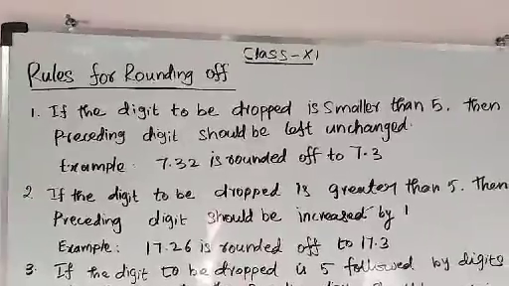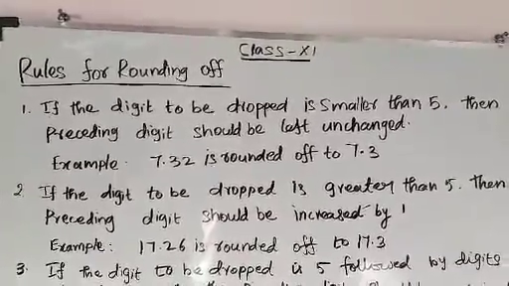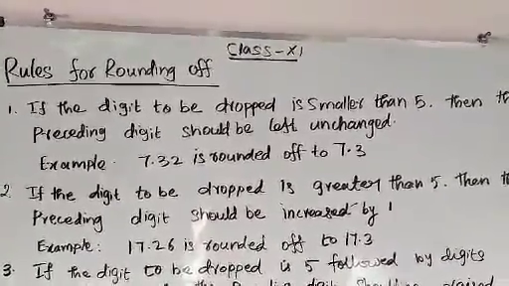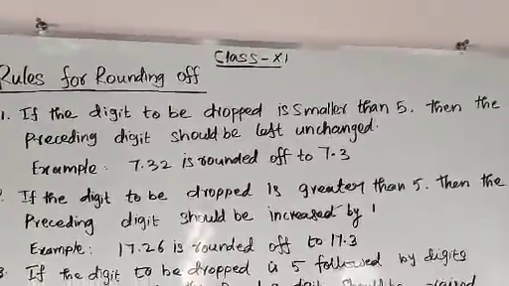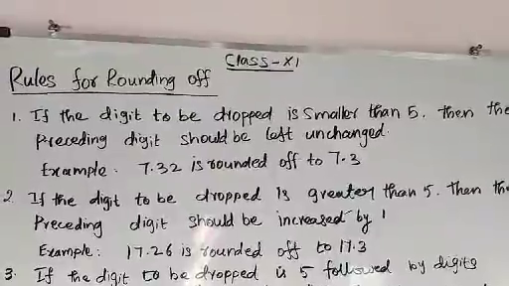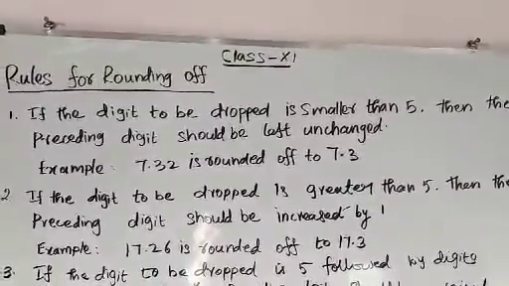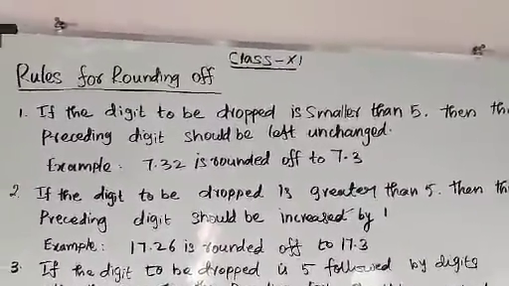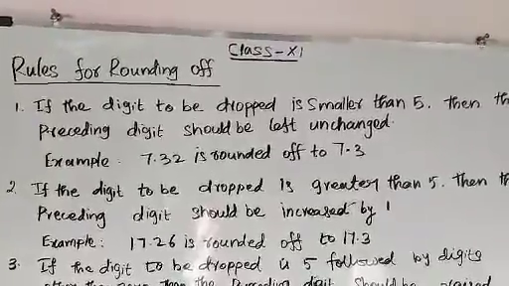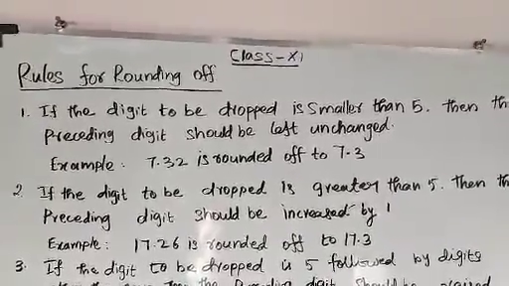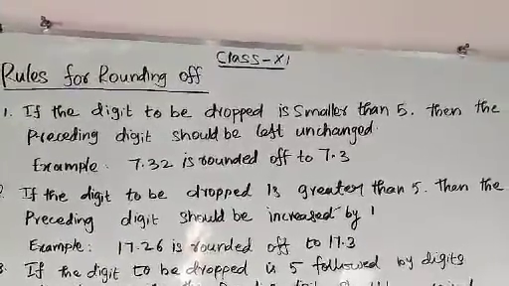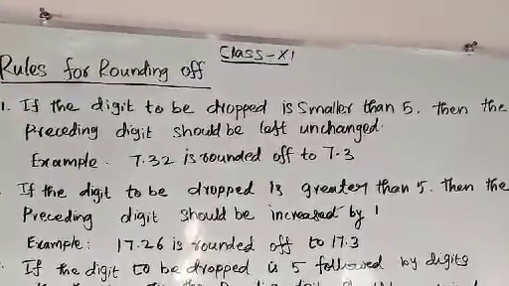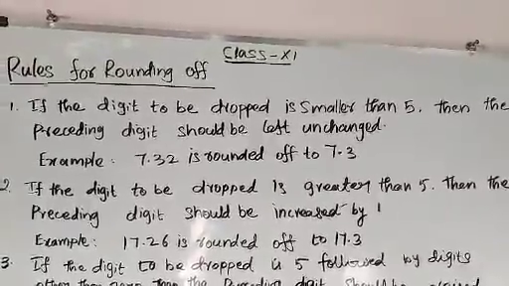First point: if the digit to be dropped is smaller than 5, then the preceding digit should be left unchanged. The digit to be dropped is smaller than 5, then the preceding digit should be left unchanged. Example,